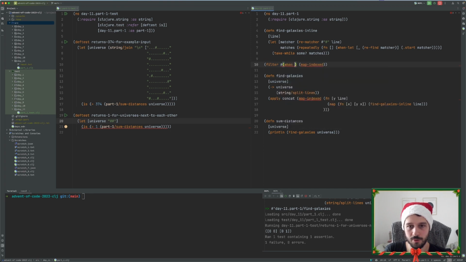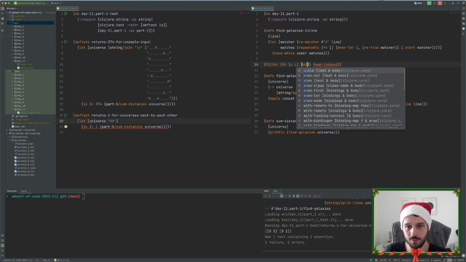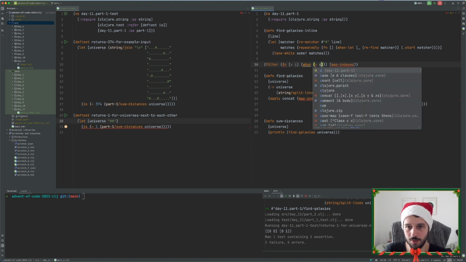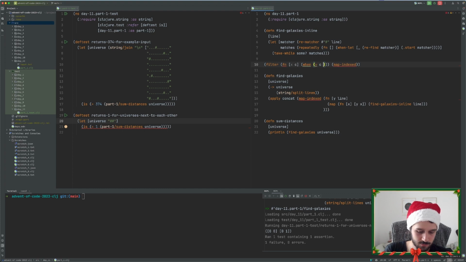Filter when X character when C is pound sign C X over map